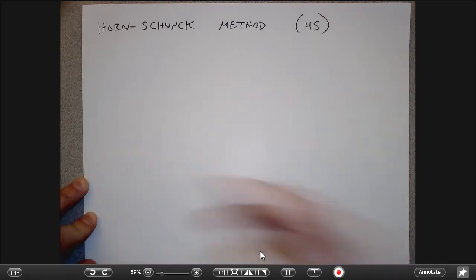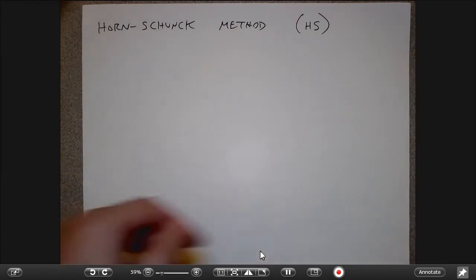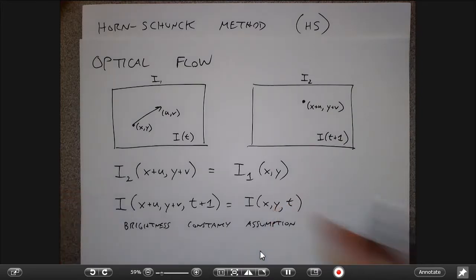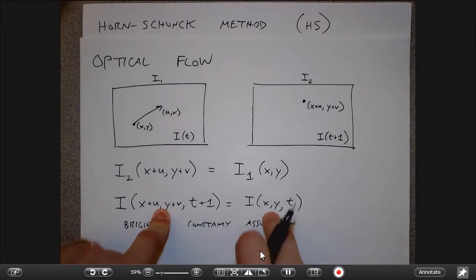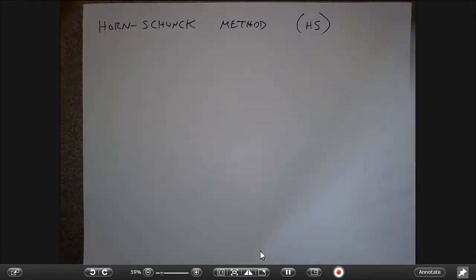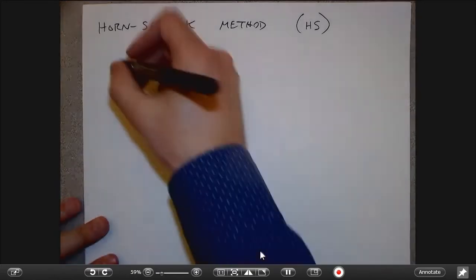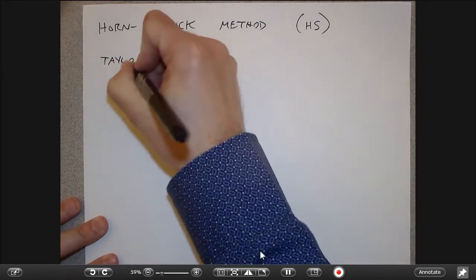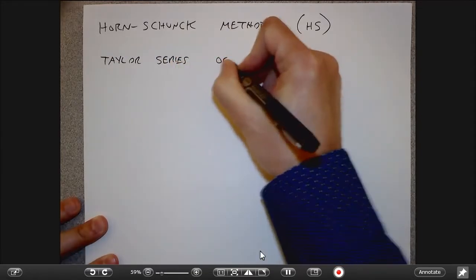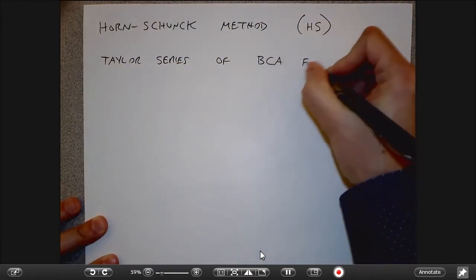Okay. And so the idea is, what if we were to take this equation here and expand it as a Taylor series? Again, Taylor series basically says I've got a function that I want to estimate, and I know it's close to this. So I'm expanding this around u and v, where I assume that the motion vector is relatively small. So if I expand the Taylor series of the brightness constancy assumption equation,